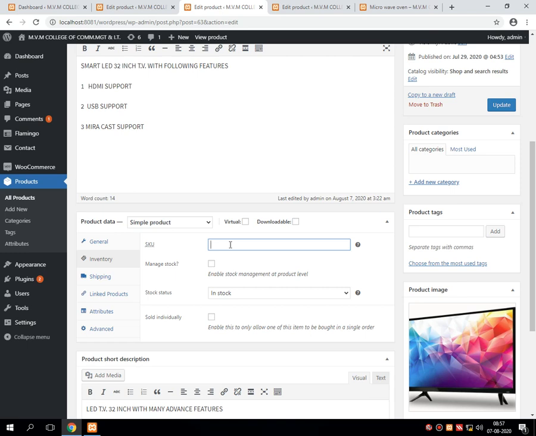Once the quantity becomes zero, the product automatically goes into the out of stock format, and whenever a client wishes to purchase the same product but the quantity is zero, it shows the product is out of stock. That is called managing the stock automatically by the WooCommerce plugin.